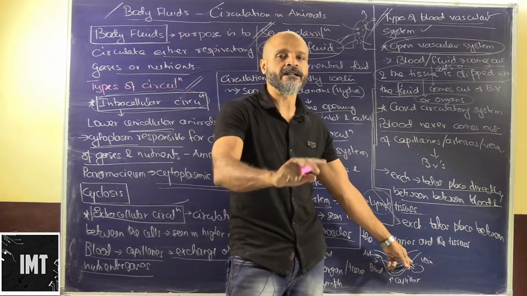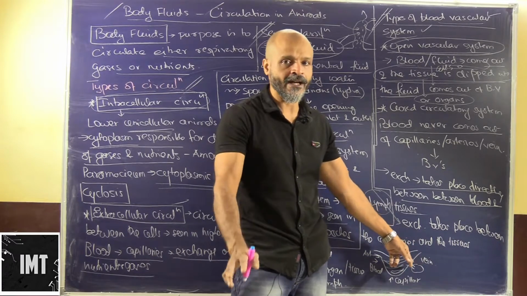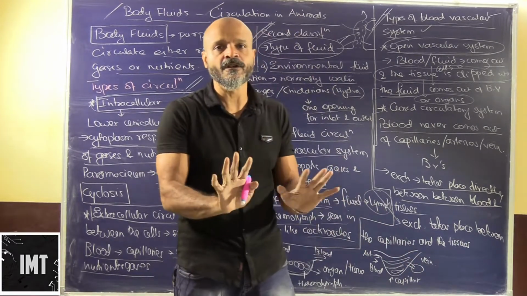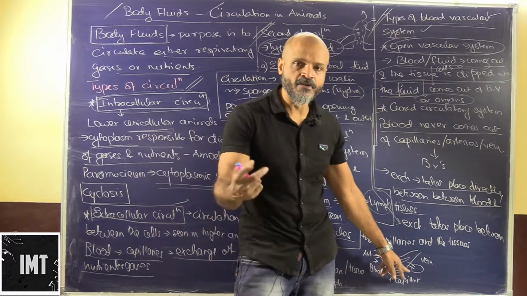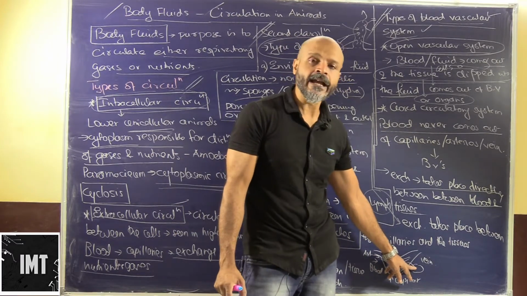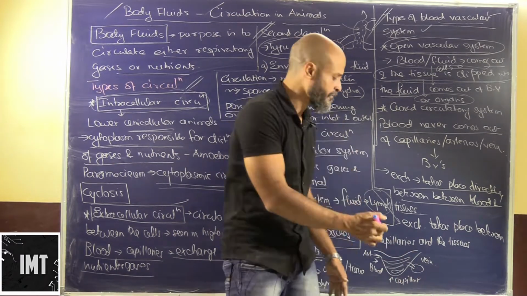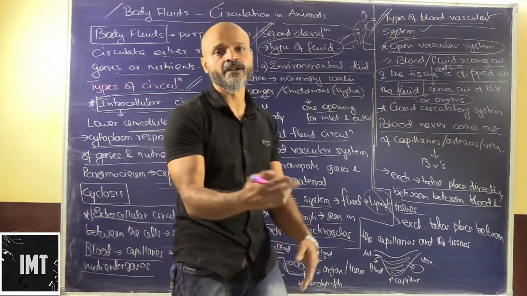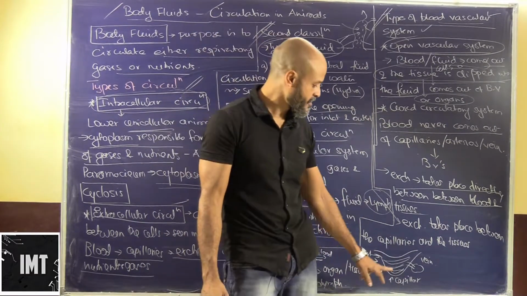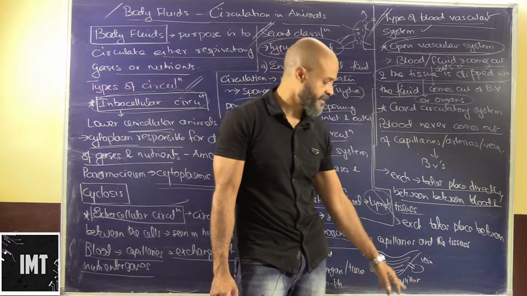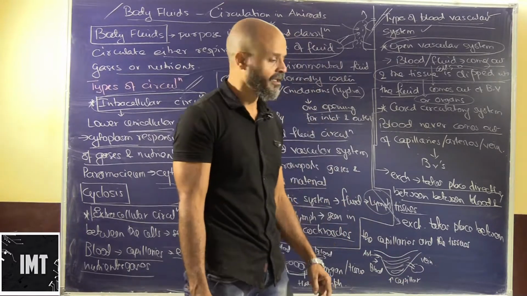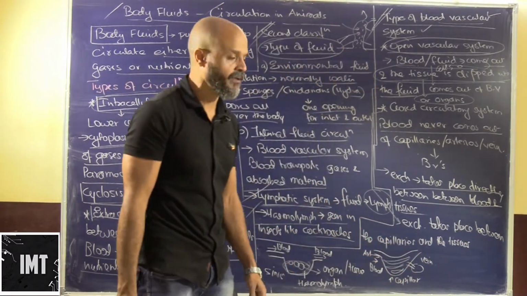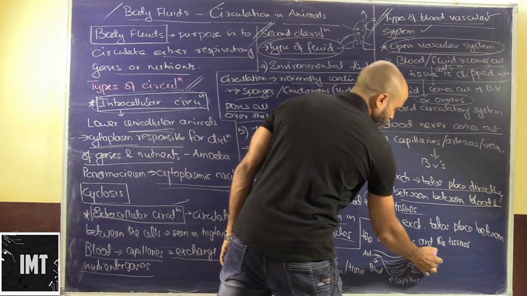The blood is not directly interacting or coming out, and the tissues and organs are not touching the blood. The capillaries are so thin that, as we have seen, due to the partial pressure difference of oxygen, it diffuses out into the cells, and finally the carbon dioxide comes into the blood, and this blood again goes into the veins.